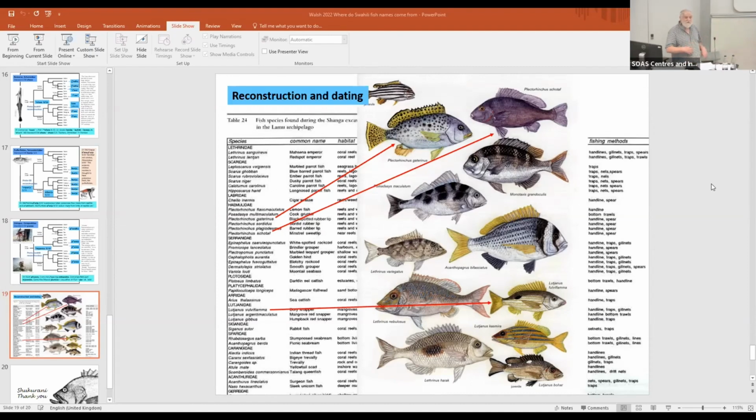So archaeologists, the classic site of Shanga in the north, in the Lamu archipelago, there's a very nice sequence and description of which types of fish over the centuries were the most popular, or the ones that you can find most. And you can match this kind of linguistic data to see, how far back can a name be reconstructed? Does that match the archaeological evidence? We need more archaeological evidence, but it's a possibility that you can do that kind of matching.